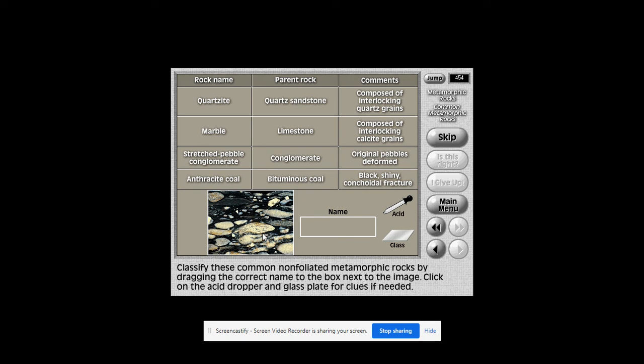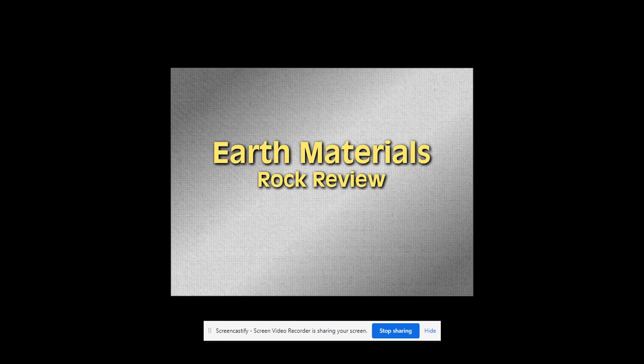And then the very last one, this is what a conglomerate looks like if it's subjected to heat and pressure, and it turns into a kind of a plastic. Almost like if this were made of silly putty. It actually stretches without breaking, without melting. That's a stretched pebble conglomerate. Let's try the acid. No reaction. Glass. Yeah, I'll tell you why it scratches. Because these pebbles are probably made of quartz. That's what you would assume. So there's your stretched pebbles, and there you go. And folks, that